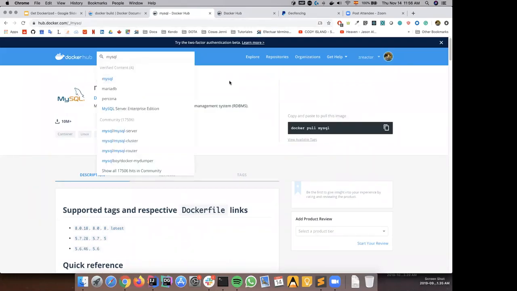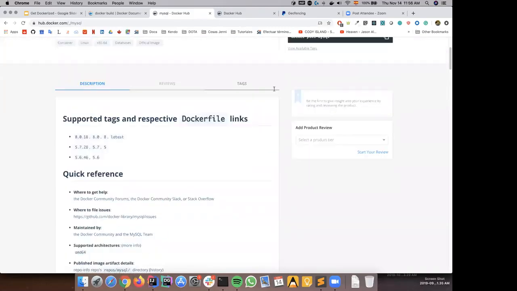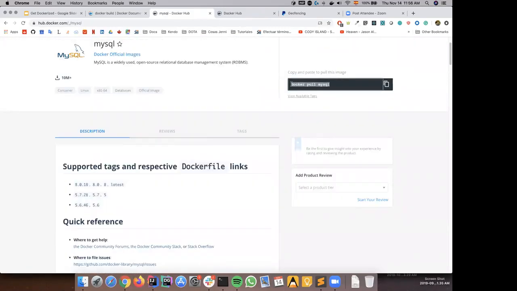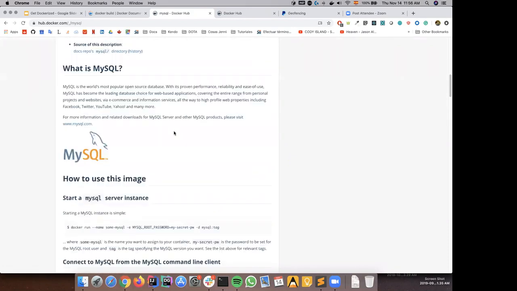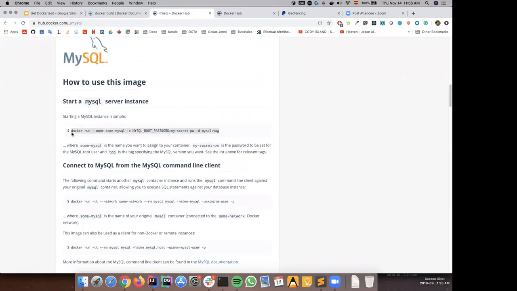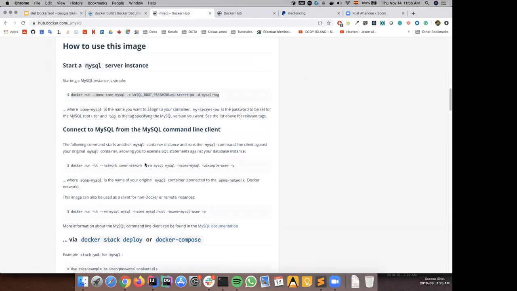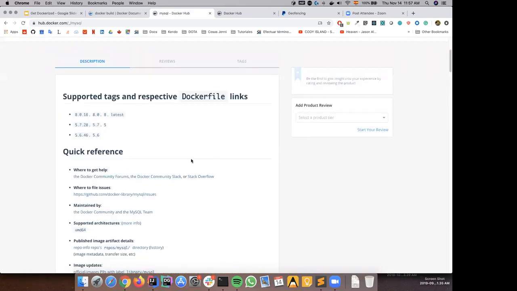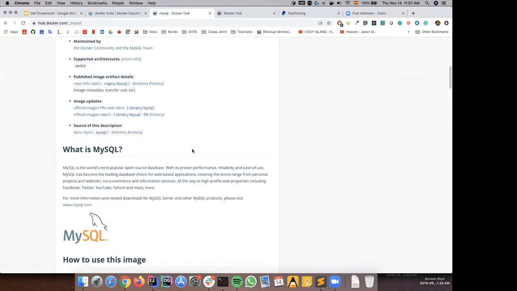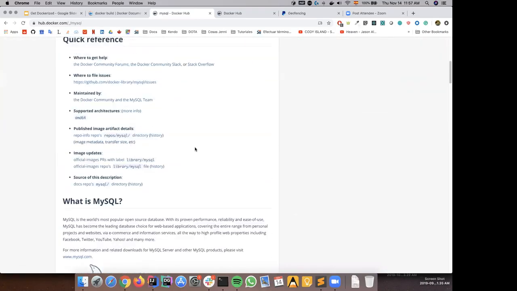As I said before, there are many containers you can search for on Docker Hub. For example, I have here the MySQL container. You use this command, docker pull, in order to get the container, which is going to create an image. From this image, you can create as many containers as you want. There are also some instructions here to run the containers, and more to customize the container. Maybe you want to add a password, or maybe you want to add an initial database. You can run some commands in order to create this customized